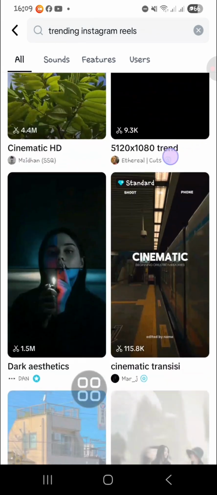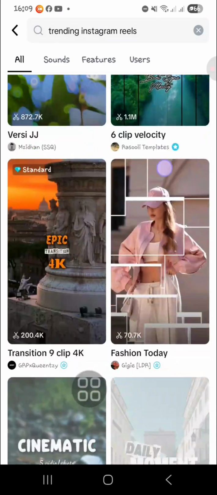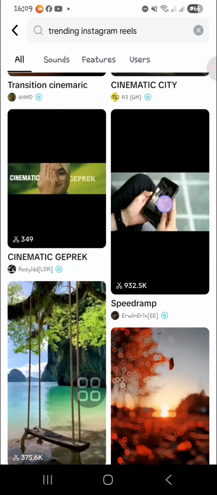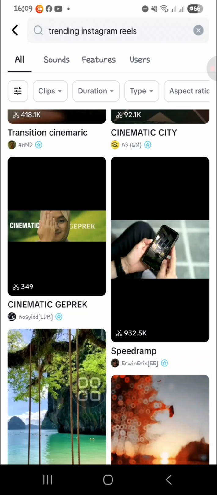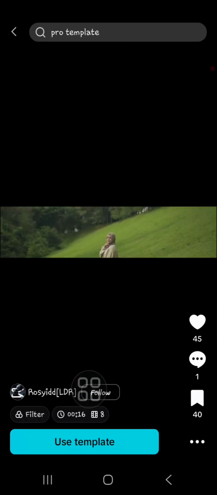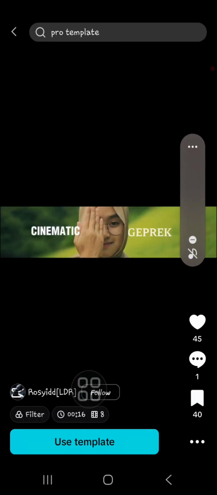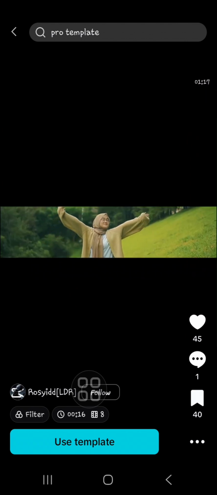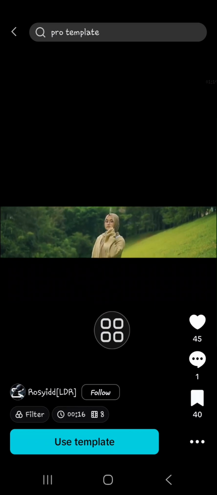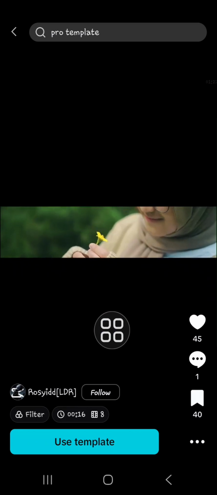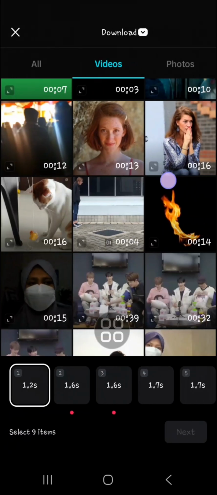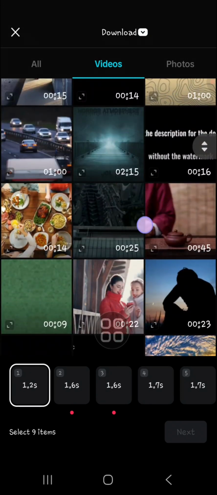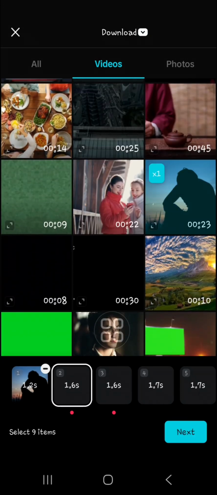For the trending video, I'm going to choose this template, the trending small ratio reels video. I'm going to use this template, and then we can replace the video in the template with our video. I'm going to click on use template, and I'm just going to use random videos from my gallery. For instance, I'm going to use this one,